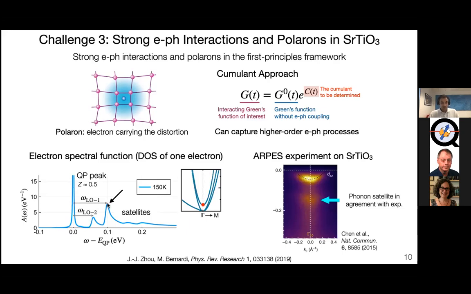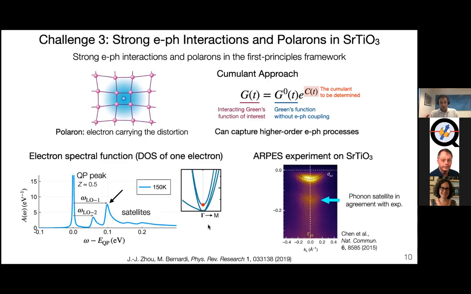In particular, you see the strongest satellite, which is spaced from the band energy by the energy of the LO phonon, which is about 100 millielectron volts. This is the most pronounced satellite. We realized that it has been observed in high resolution photoemission experiments, which have shown, as you see here, that about 100 millielectron volts, as predicted here, below the conduction band, there is a pronounced satellite. So this is a major success for the theory, and essentially establishes that these electron spectral functions are accurate.